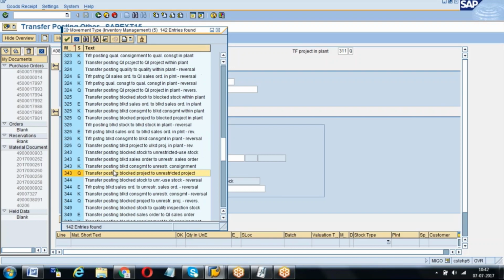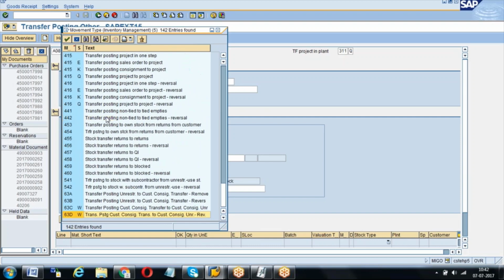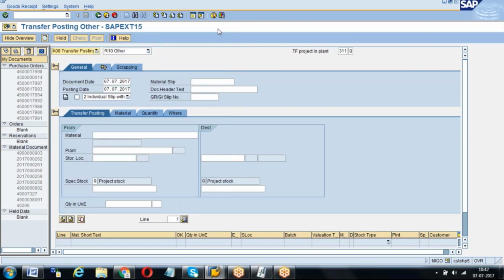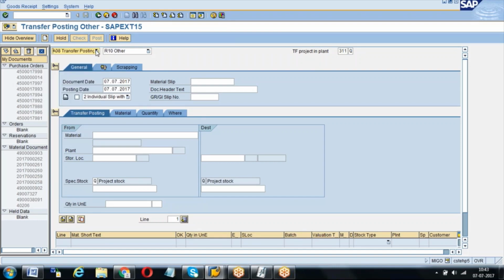Well, here see all this, 411, 350, 344, 321, whatever you are seeing. All are mostly logical movements. Even as I explained, as per SAP standard definition, transfer posting means a logical movement. Stock transfer means a physical movement. Although we use the same MIGO, here I can segregate 301, 311 as our stock transfers, and 321, 351, 350, 344, 411 are all almost logical movements. We don't do any physical transfer. Okay. Yeah, understood.